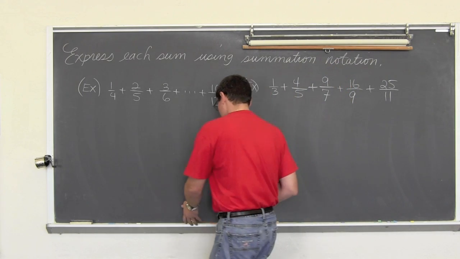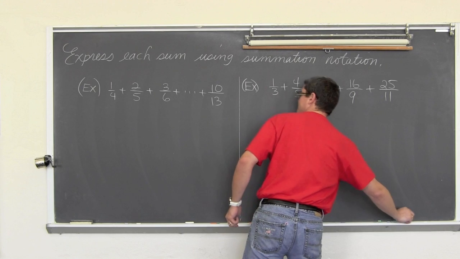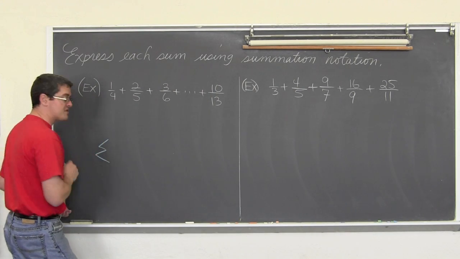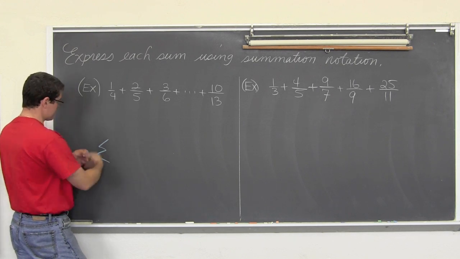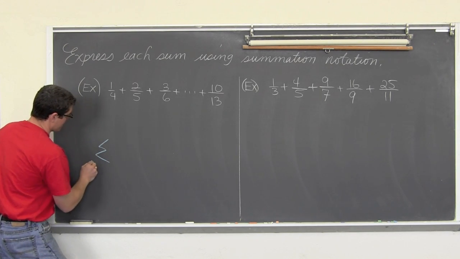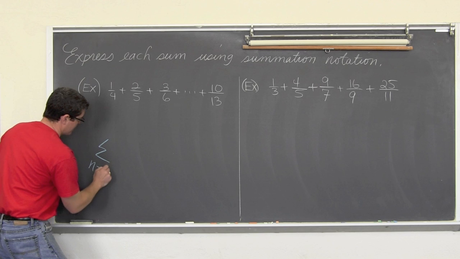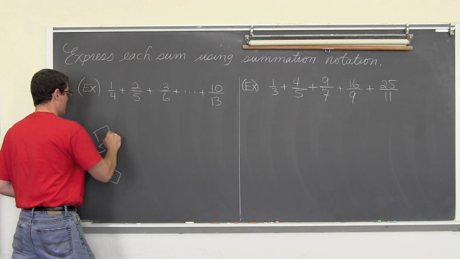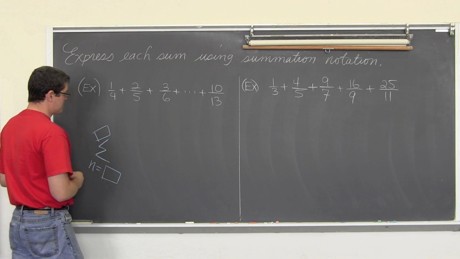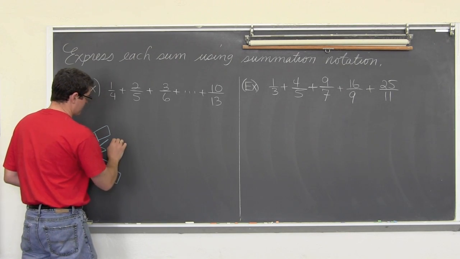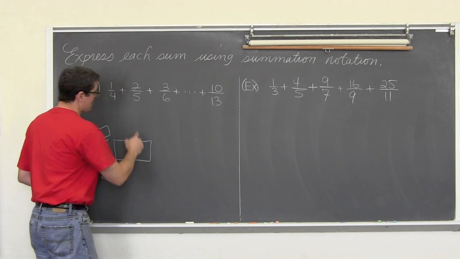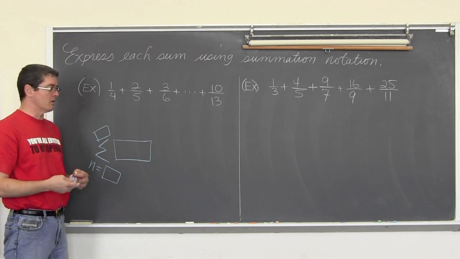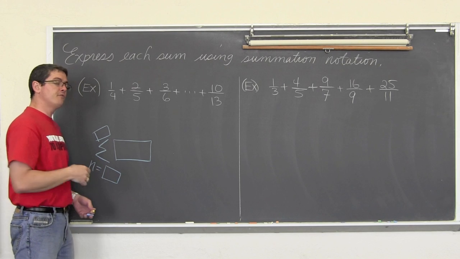Well, when you set up summation notation, you have a summation symbol, and we're going to make some kind of index down here, and we have a choice as to what we want to use as our lower and our upper limit. All we need to do then is come up with some kind of expression that will make these values based on some kind of index number. And we can start this with any value that we like.